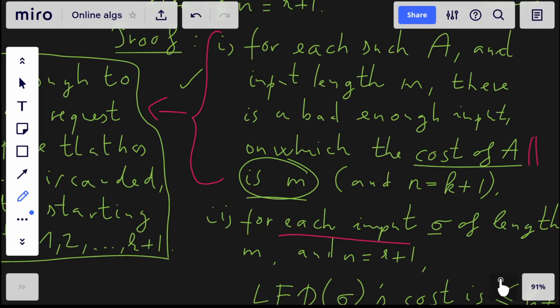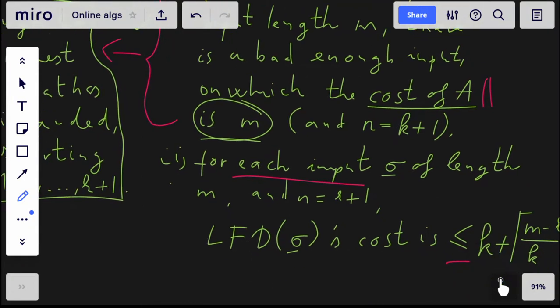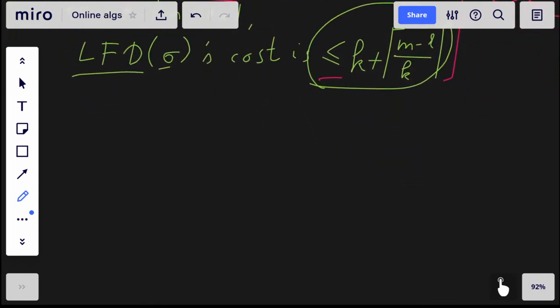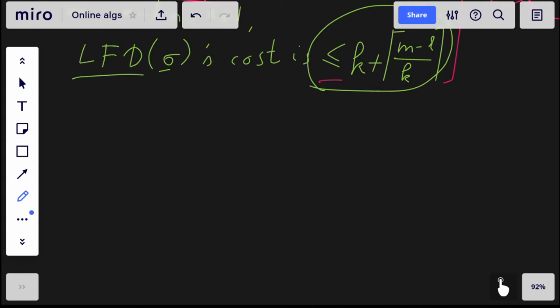Now for the second part of the proof: for each input, the longest forward distance algorithm's cost is at most this one. If you don't remember what the longest forward distance algorithm is, it's a good point to recall it by rewatching the previous video. So I will just show it by an example. For k equals 3 and thus n equals 4, I will have,